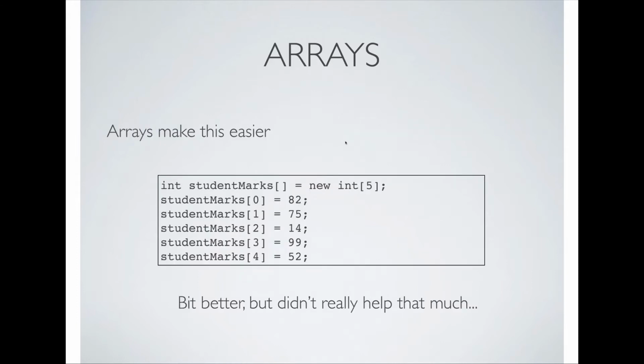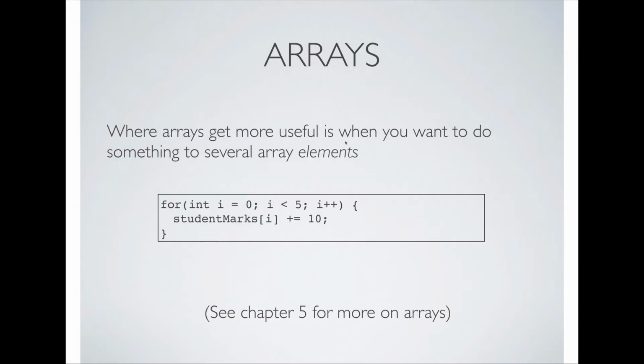So we have arrays. Here we have the way that we can write an array for those marks. We say new int 5, and that gives us 5 positions in an array, and we can put marks into those positions. And you can see 0, 1, 2, 3, 4 for 82, 75, 14, 99, and 52. So that makes it a little bit more neat, and we're only dealing with one variable. Here we have initialization of an array with a loop, and in a similar way you can initialize an array